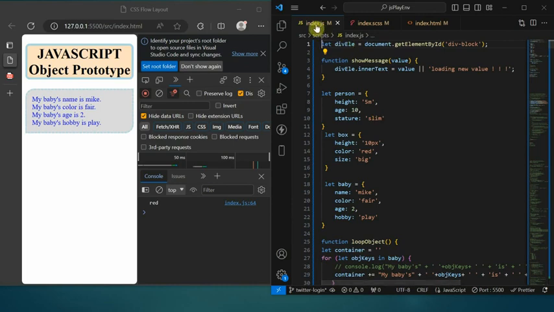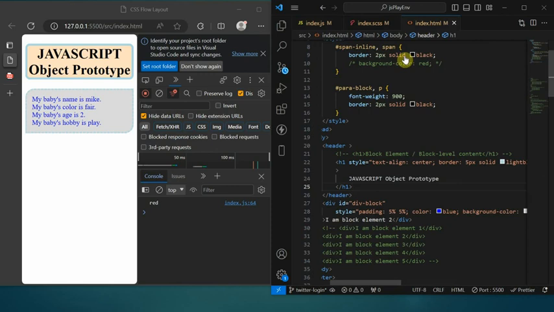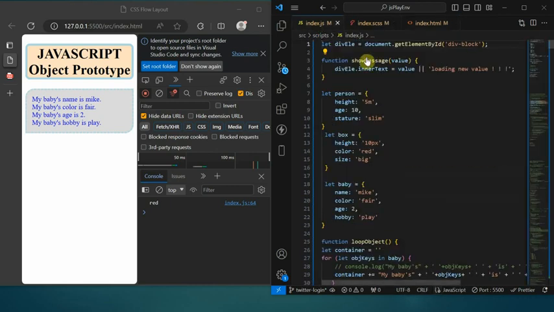This is an HTML file, a CSS/SASS file, and a JavaScript file. I created an HTML here. This JavaScript prototype, you can find it here. And these are the elements that I need. Then I use the JavaScript to pick the element,